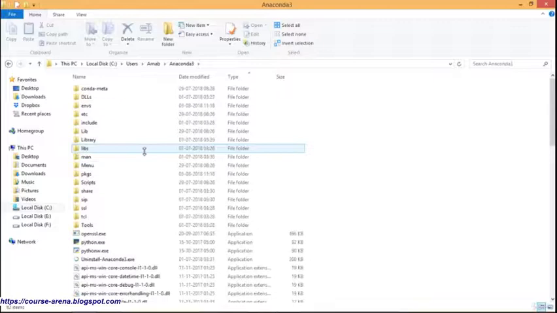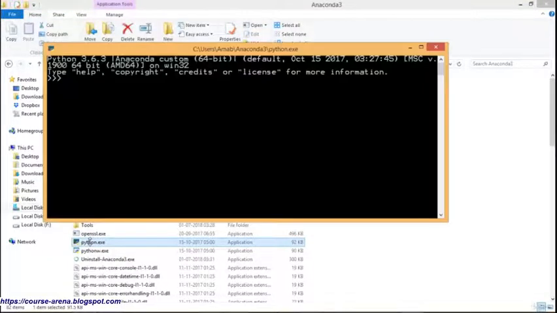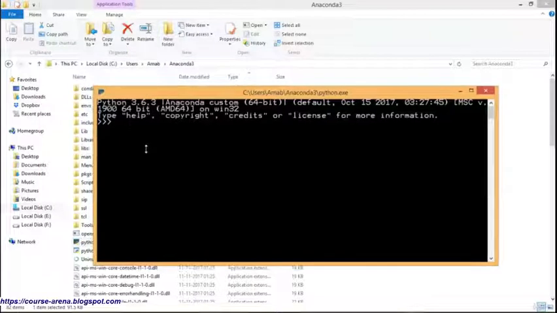How to install Anaconda, we have discussed in our other video, the steps we require to install it. For this we will be requiring python.exe. If you click this python.exe, the command prompt will open with the respective prompt, that is the triple greater than symbol. So here you can write the code in the immediate mode to run our scripts.